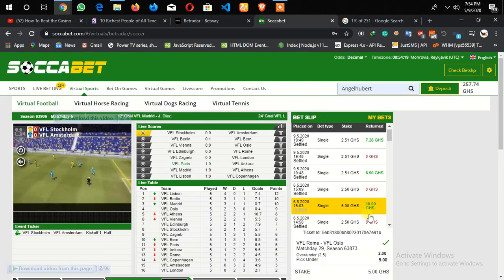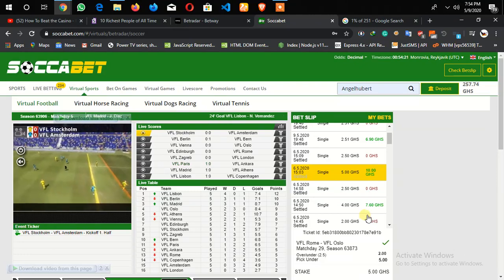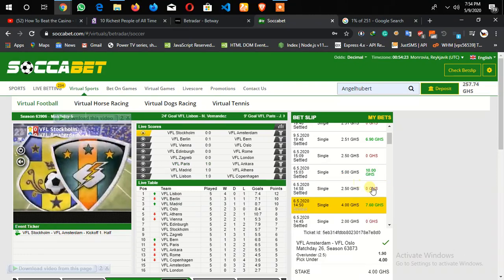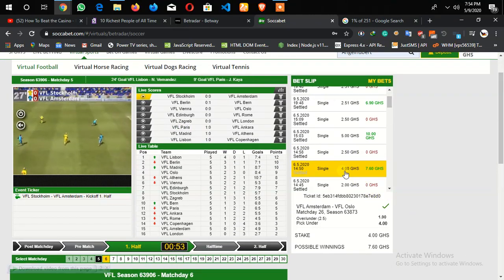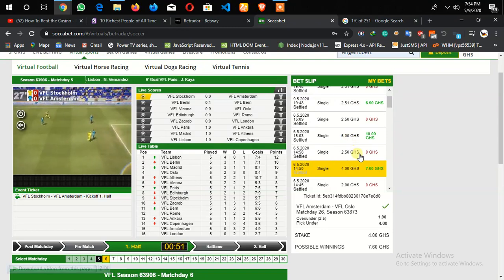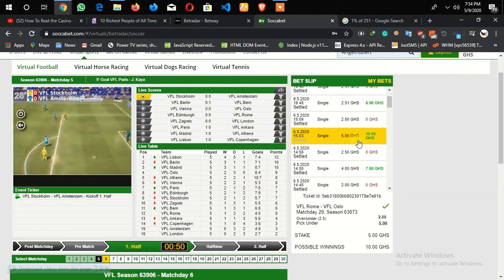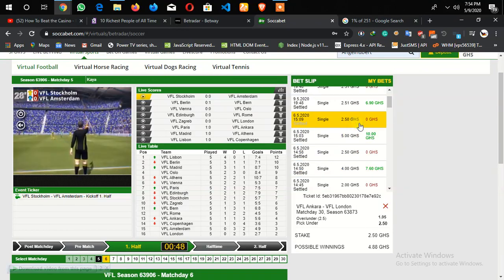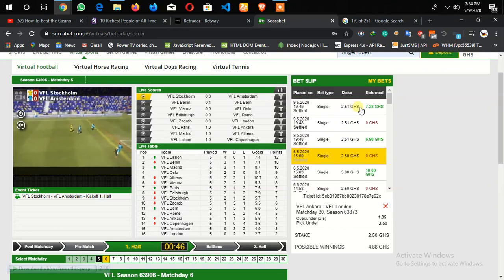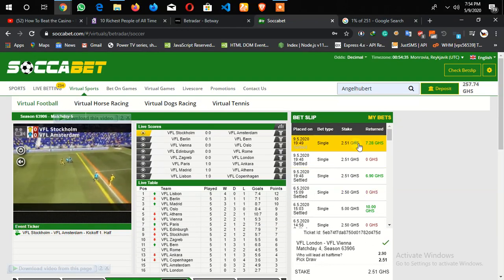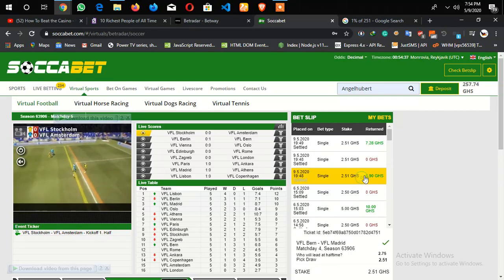Can you see how much our user has been making? This is a customer on Rainapps, somebody who has been using our services. You can see him playing 4, he's getting 7. You can see he lost, he doubled. He played 5, he got 10. He lost, he played again. Okay, this was the ones I played. I played 3 games, and out of the 3 games, I won 2, I lost 1.